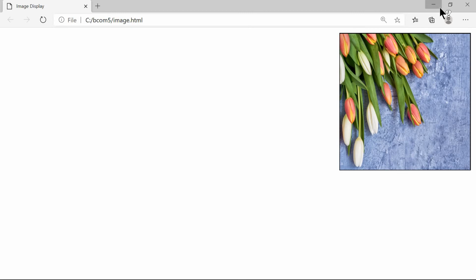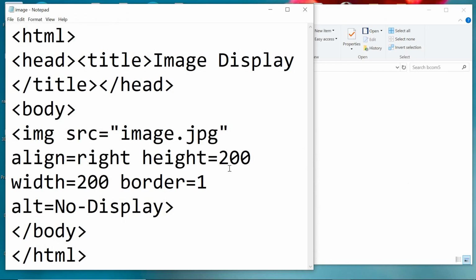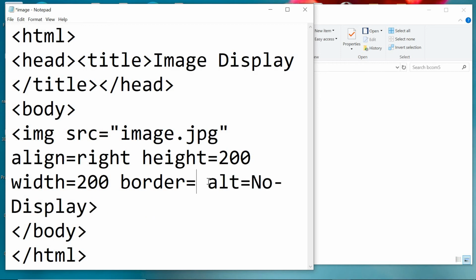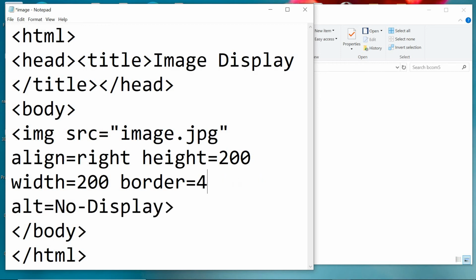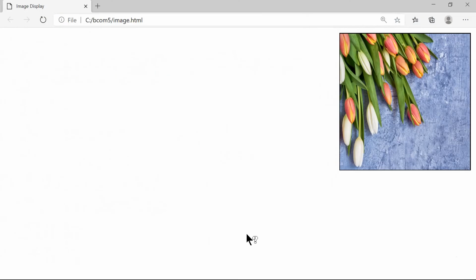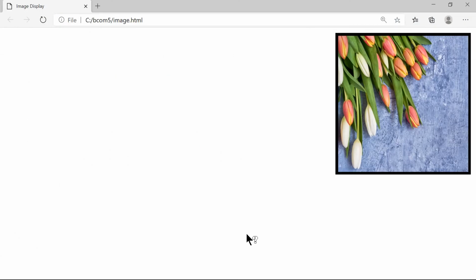Now we will go back to the editor and increase the border width by placing 4. Save by pressing Ctrl S. Go back to the browser. Reload or refresh. As all can see here, the width of the border is increased.